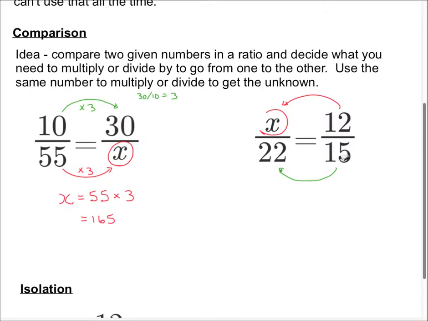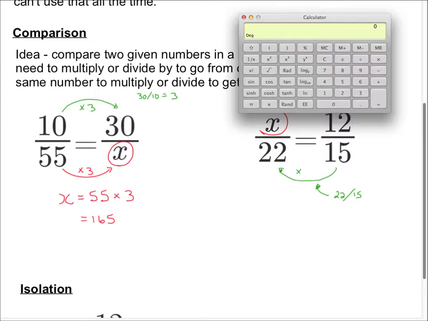But again, this is kind of yucky. How do I turn 15 into 22? If I want to change 12 into x, I have to know how I change 15 into 22. Well, I don't know that off the top of my head. I have to figure out what I'm going to multiply by. What I do is I take what I'm trying to get and divide it by what I started with. And that tells me what my multiplication is. So 22 divided by 15, if you have to pull out your calculator, you just type in 22 divided by 15 equals. And that tells me it has to be